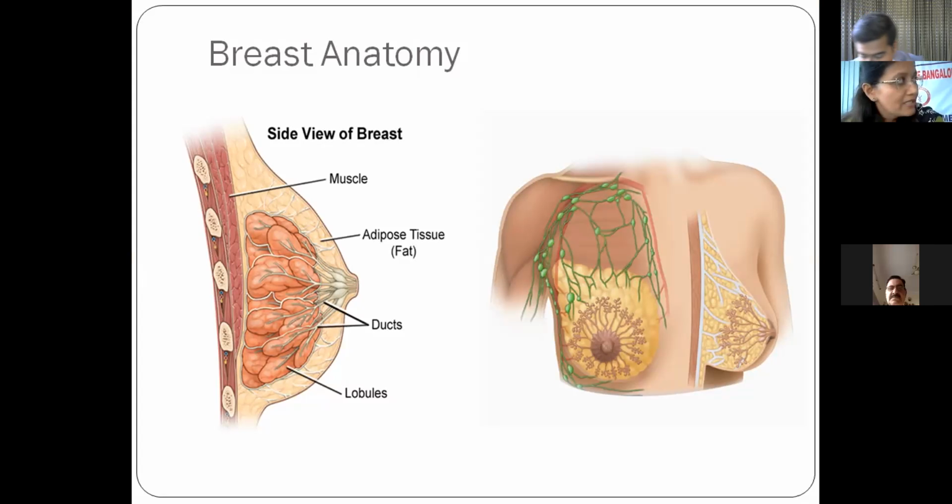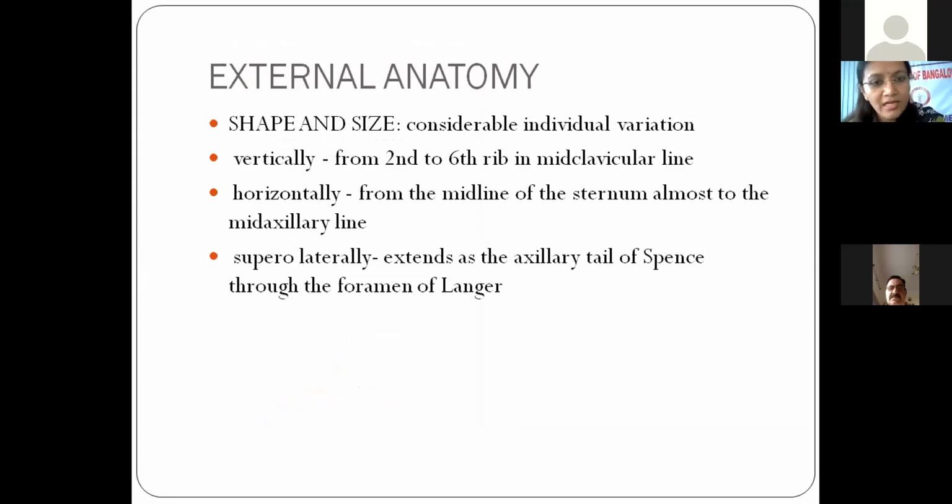So breast basically is a glandular structure. From external anatomy, it extends from the second to the sixth rib vertically, and horizontally from the midline of the sternum to the mid-axillary line. And superolaterally, there's a small axillary tail of Spence which goes towards the axilla. So that again, you all need to understand because this does play an important role while doing clinical